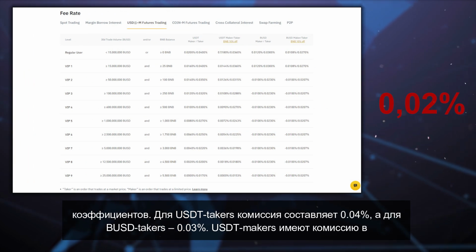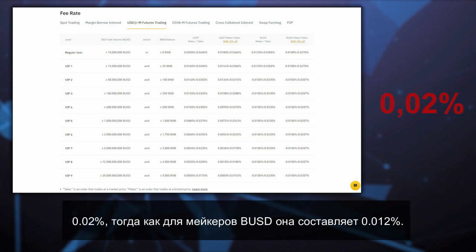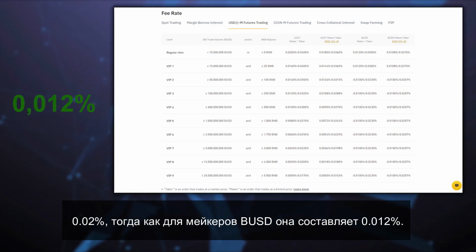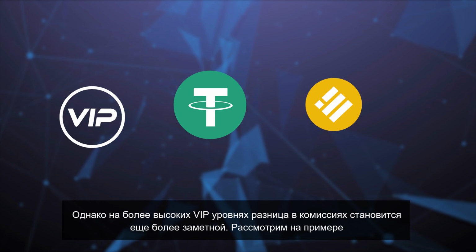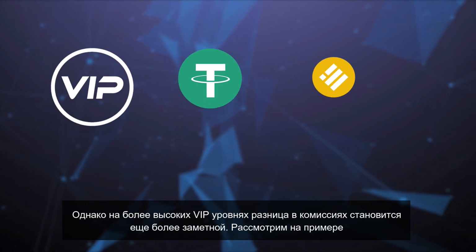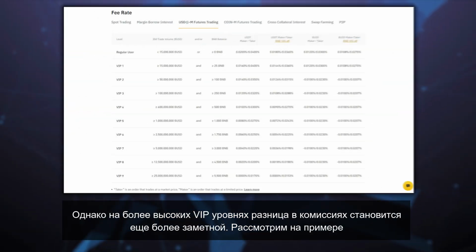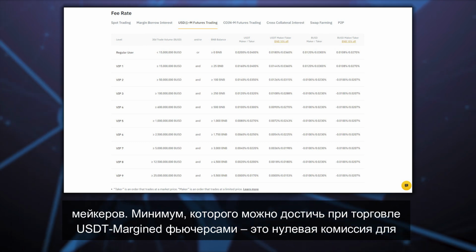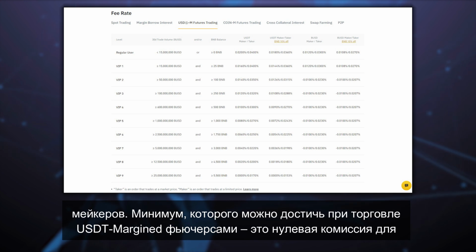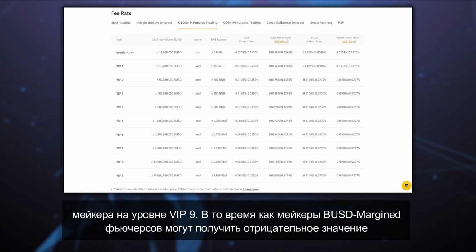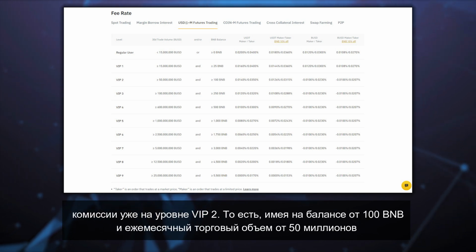USDT makers have a commission of 0.02%, whereas for BUSD makers, it is 0.012%. However, at higher levels, namely VIP, the difference in commissions becomes even more noticeable. Let's consider it on the example of makers. The minimum commission that can be achieved when trading USDT margin futures is 0 commission for the maker at the VIP 9 level, while BUSD margin futures makers can get a negative commission value as soon as the